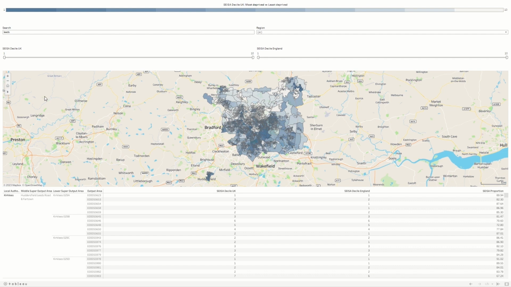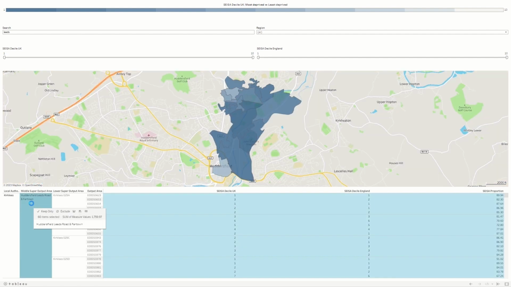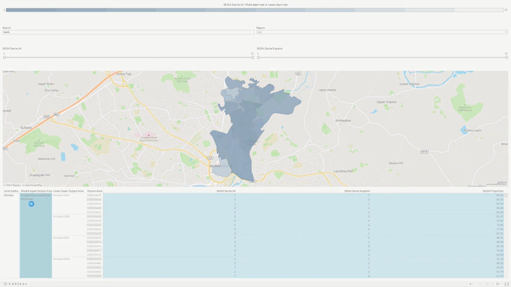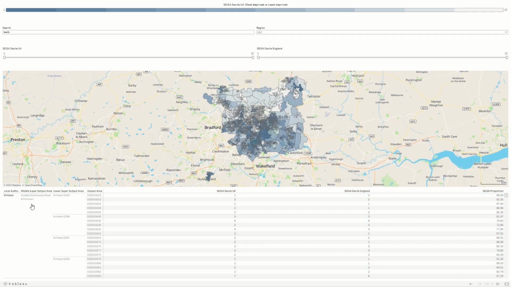If you have used the table of data underneath the maps to filter or restrict the maps, please click on the geography for a second time to remove the filter or restriction. For example, if you select a Middle Super output area to filter or restrict the maps, please select that same Middle Super output area for a second time to remove the filter. Once again, please click the Zoom Home button after to ensure the maps are properly reset.